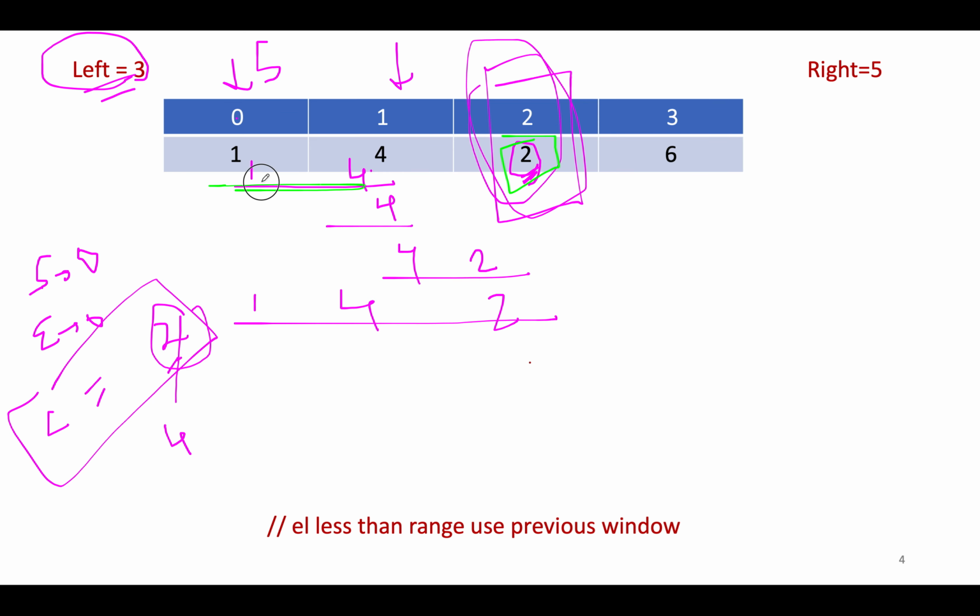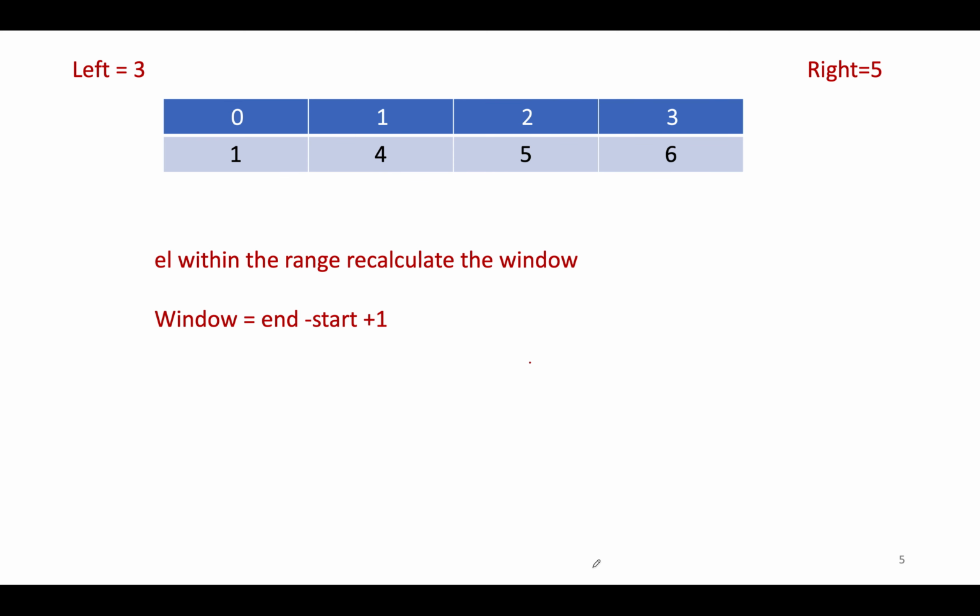So 1 comma 4 gets extended to 1 4 2, and 4 gets extended to 4 comma 2. Therefore we are simply using the previous window length and adding it to our answer. I hope this part is clear to you, because it is a very important concept. Let's move on to the second case.